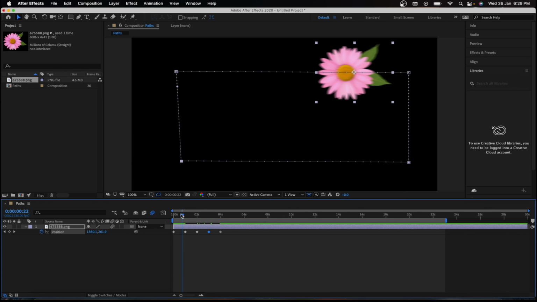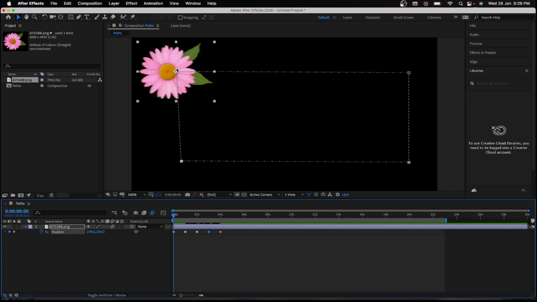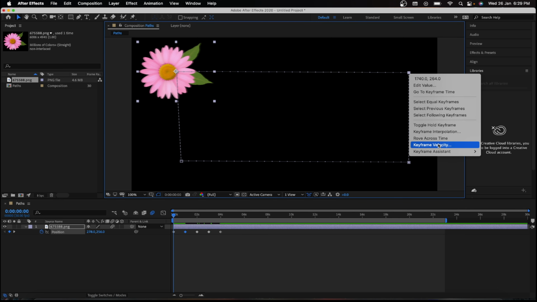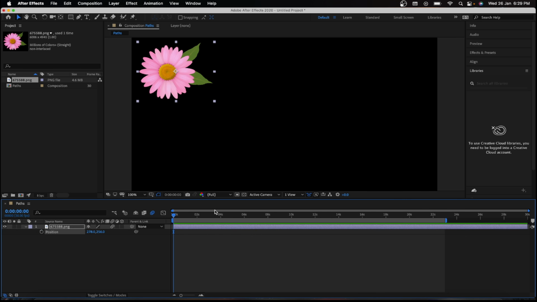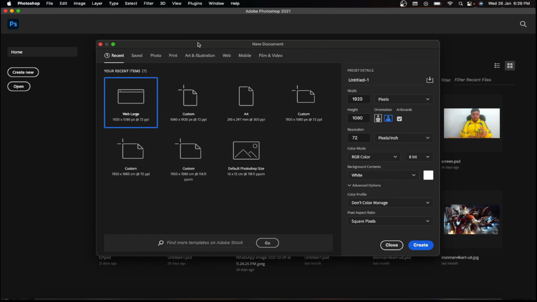So just like this you can create this. Now it's a bit irritating. We created this and then we were right clicking going to keyframe interpolation and we were doing that. So it's a bit irritating. So if you don't want to do this, what you can do is you can go to Photoshop and create one artboard of the same size as your video. So my video was 1920 and 1080, and I will create one artboard of 1920 and 1080, and I will